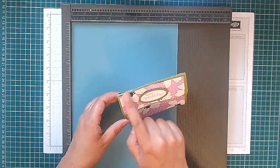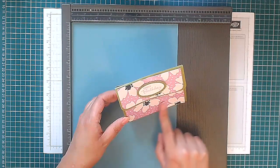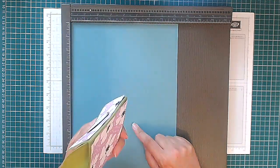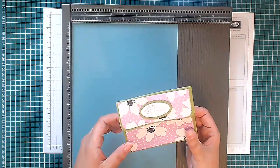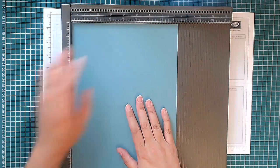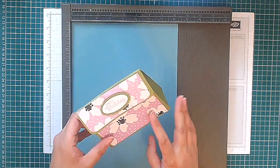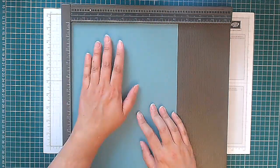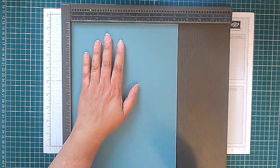And then you've got here as well this lovely designer series paper, and this is the Delightfully Eclectic designer series paper. So let's make another one. This time I'm going to be using a different colorway. This was Old Olive and this paper here was Fresh Freesia in the background color. This time I'm going to be using Lost Lagoon,